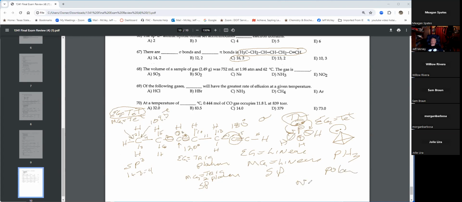So something like NF3, that's a polar molecule. NH3, that's a polar molecule. You've got this trigonal pyramidal shape. While we're on the subject,